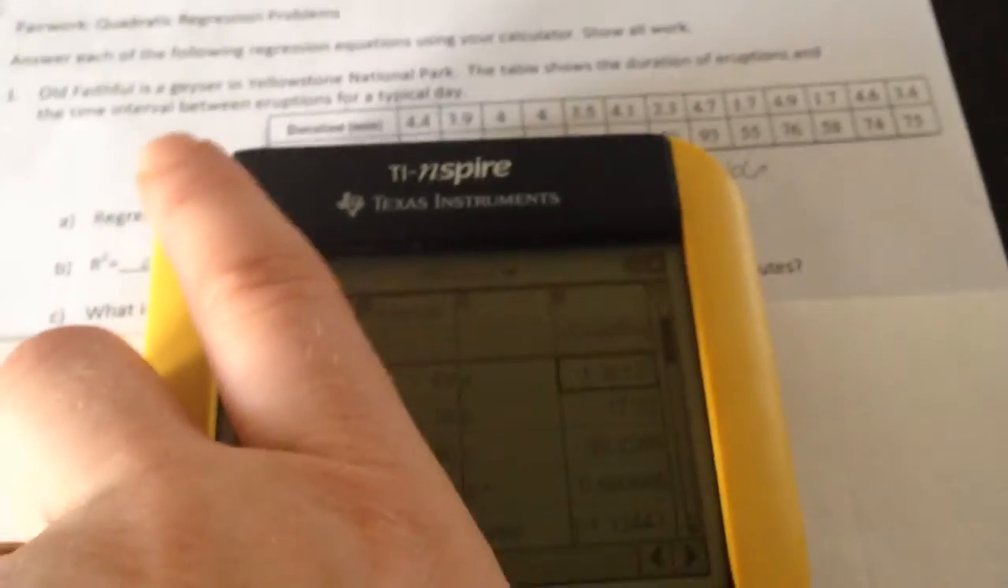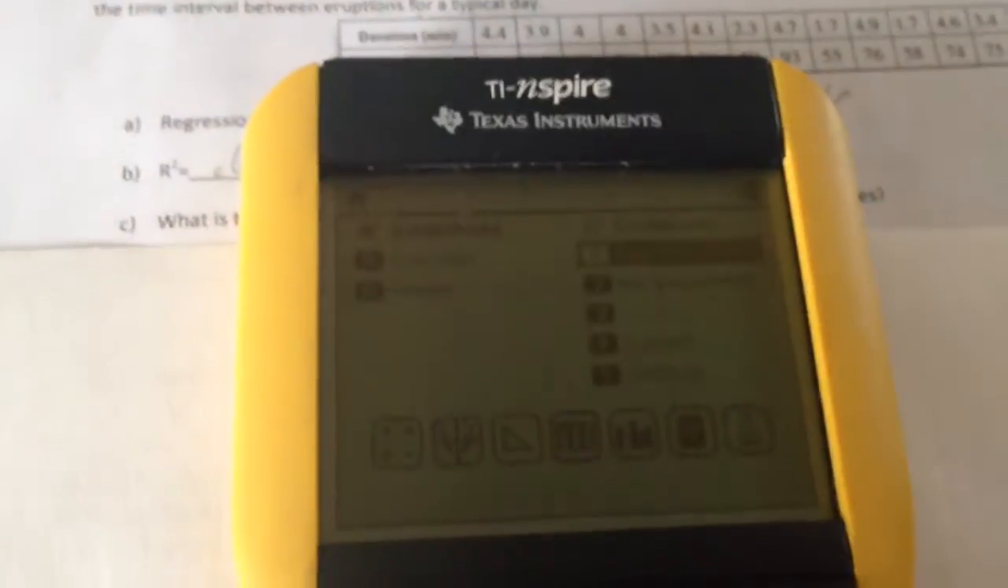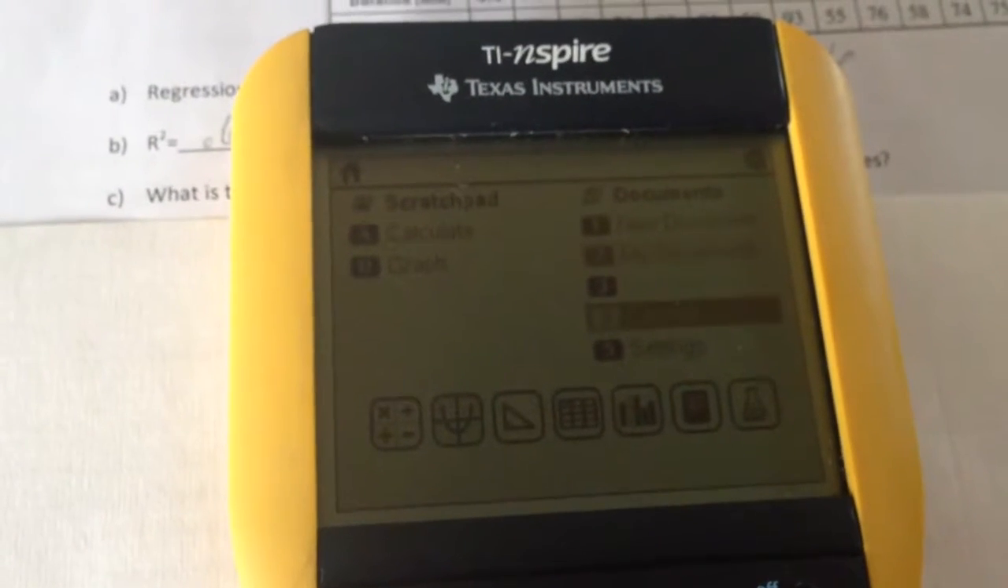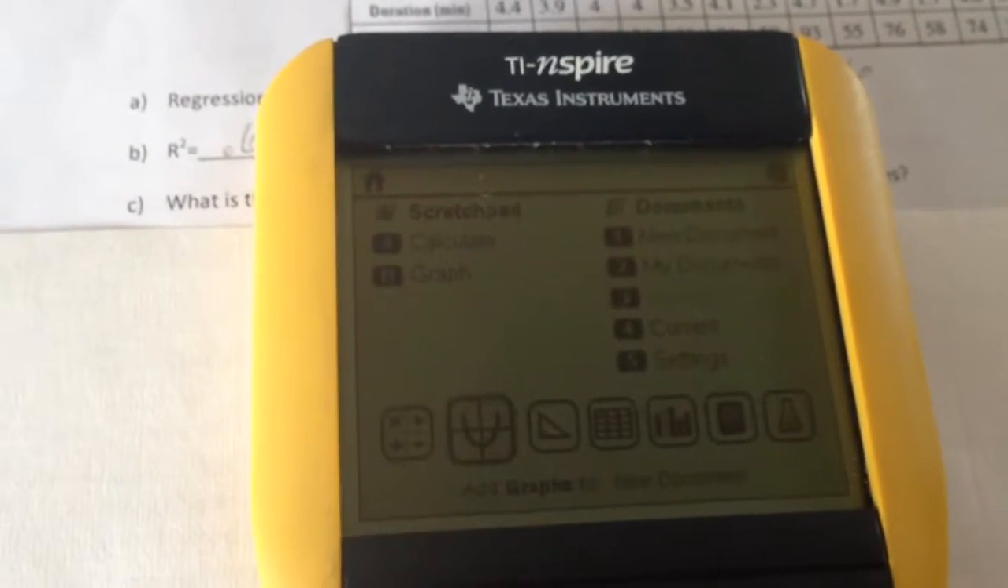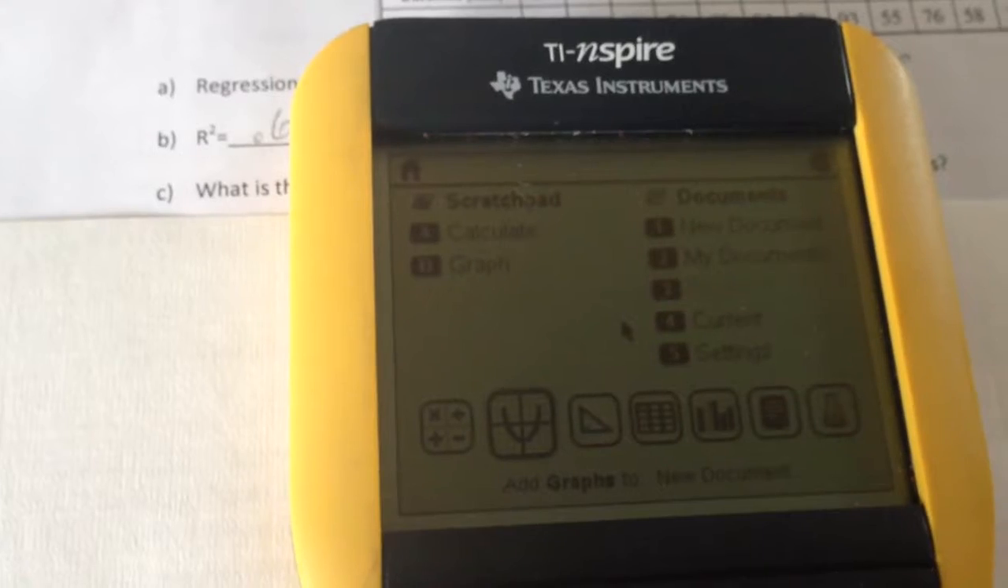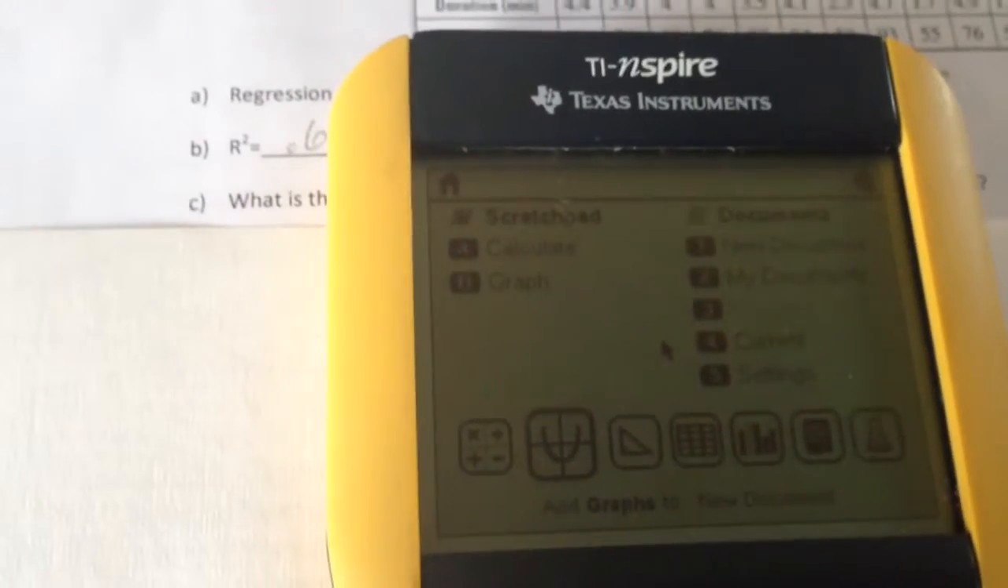So we write our equation, we write our R squared, and then our next question asks, what is the interval between eruptions if the duration of the eruption is 3 minutes? So it's asking us for duration, which is an X value. So we want to go to our home screen, and we want to add the graph so we can look at the graph of X equaling 3. So add graphs to new document,